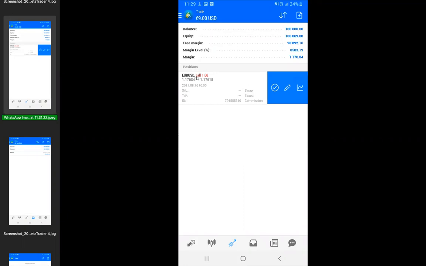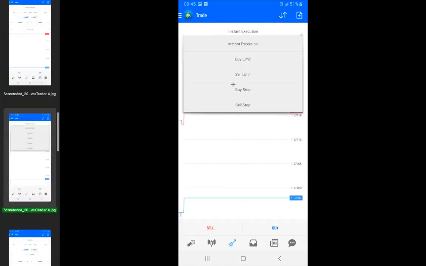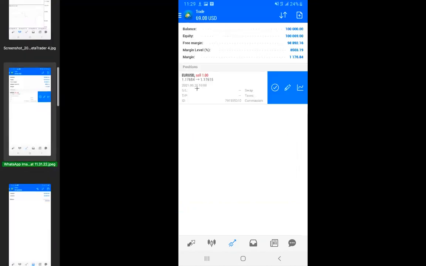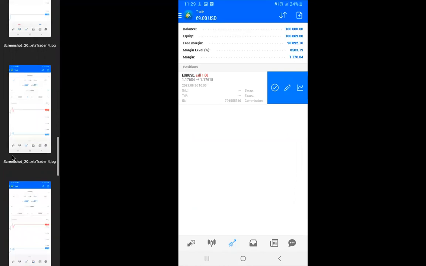Now, all this is supposed to be done within 1 minute. So for each position, you've got 30 seconds to execute them. So you've got 30 seconds to place a buy stop and 30 seconds to place a sell stop. This is why you need to practice so that you can get your time down to as low as possible. If you're able to do it within 5 seconds for each of them, that will help you out even more, much better. So this 1 minute that I'm talking about, let's say